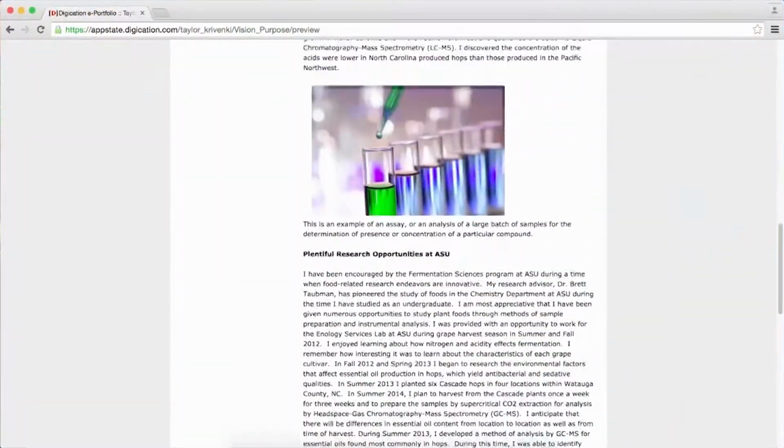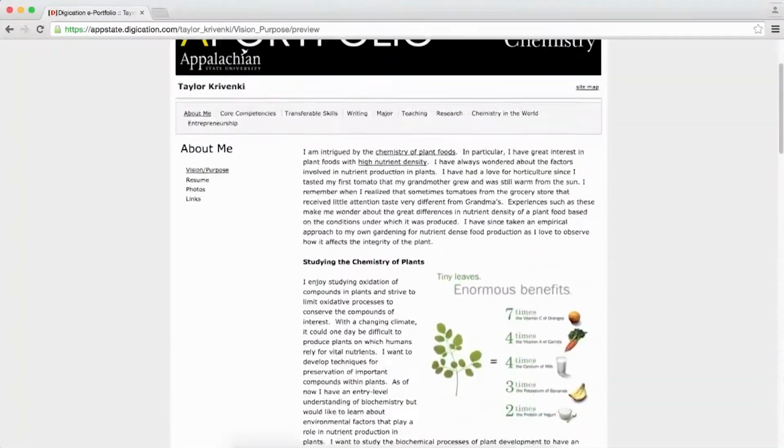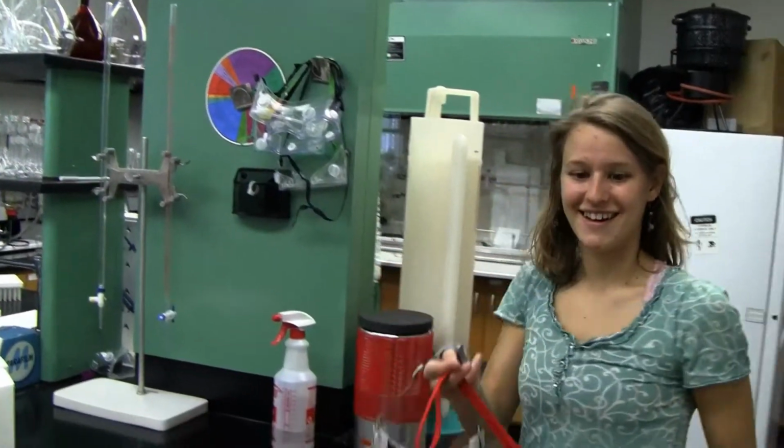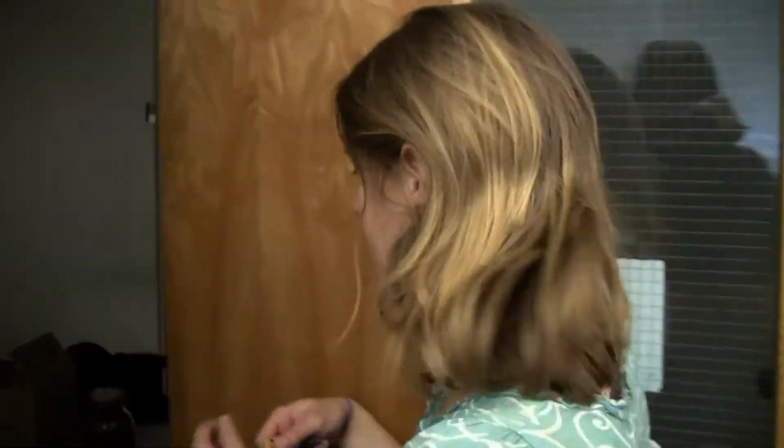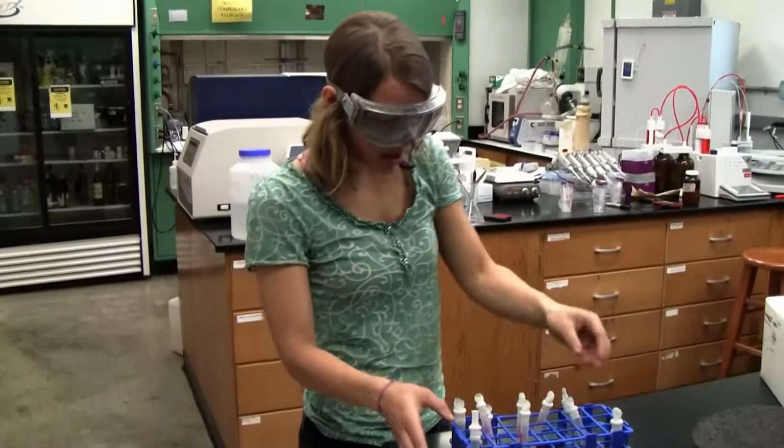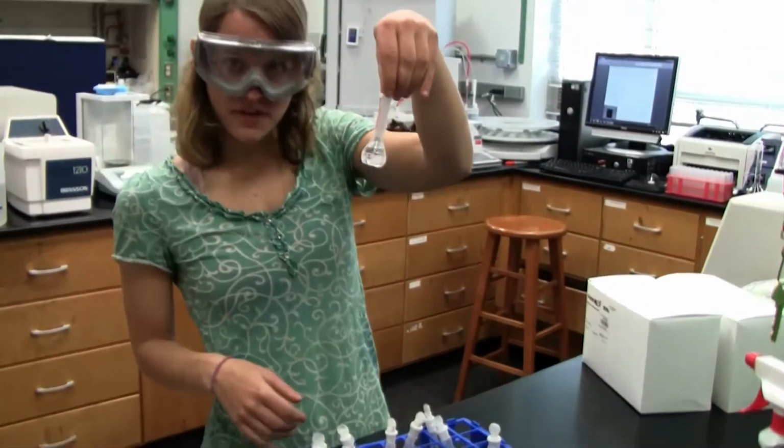During the ePortfolio, I really did have the opportunity to reflect upon the integrative learning experience at Appalachian. I think that's really something that Appalachian students have a leg up on out of all the different undergraduates in North Carolina or in the Southeast or in the country. I mean, Appalachian students really have that ability to integrate multiple disciplines,